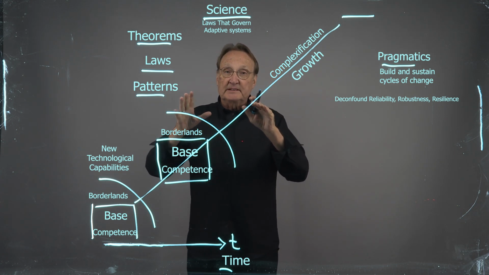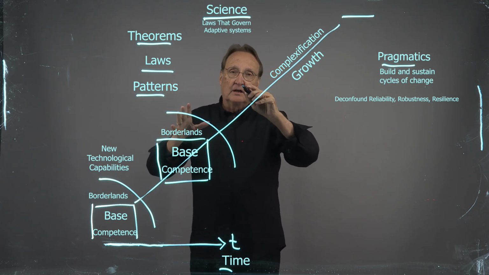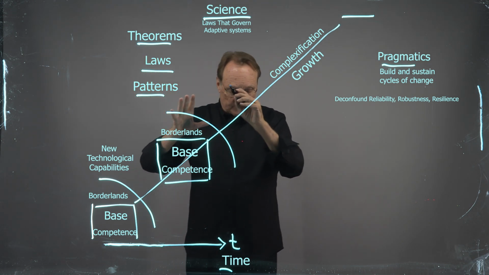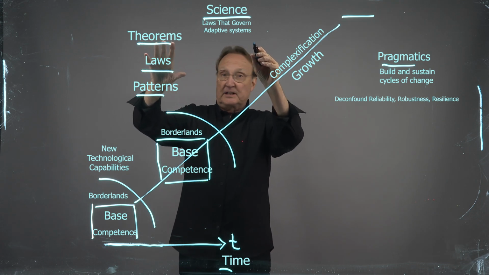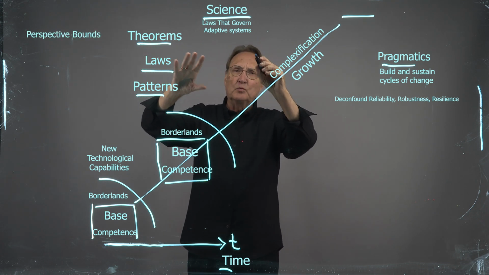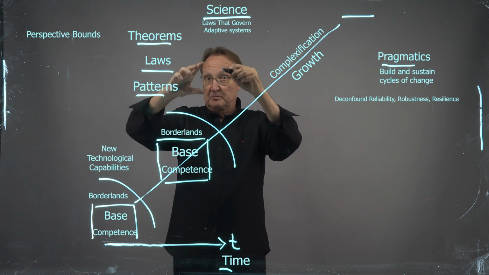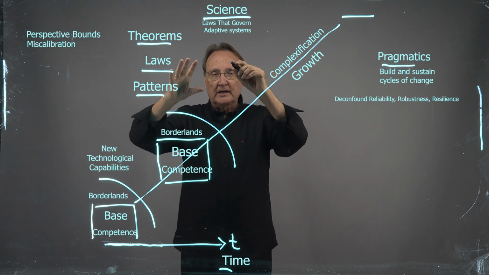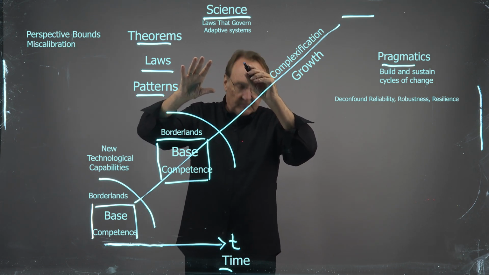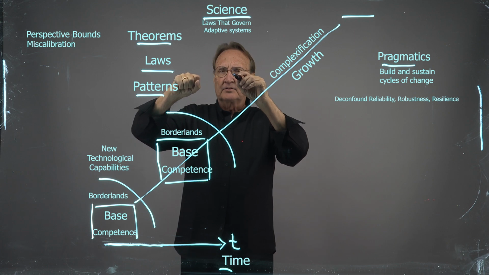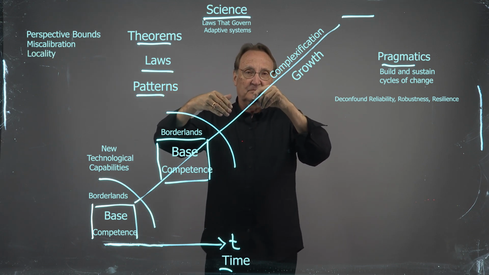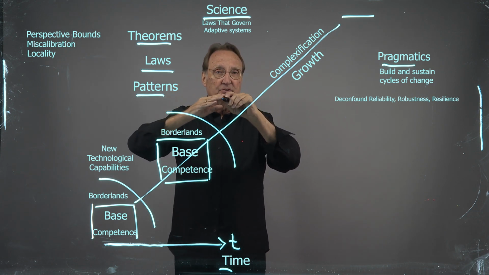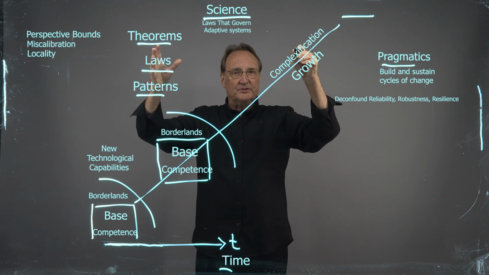Now, from a science point of view, we're going to cover a variety of things related to the theorems, the laws, and the patterns. We're going to highlight theorems like perspective bounds. We're going to highlight theorems about how our models are inherently miscalibrated, right? We're going to talk about the locality constraint, that we're always in the network somewhere, right? And we're always able to look out from that position or look around from that position, but we're not able